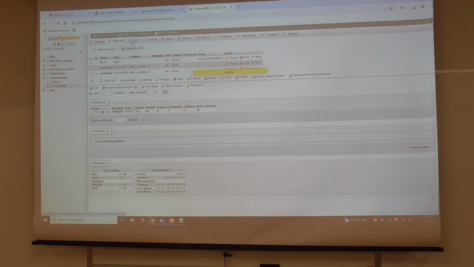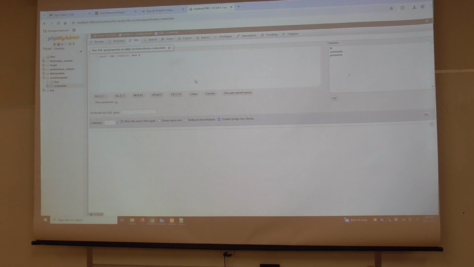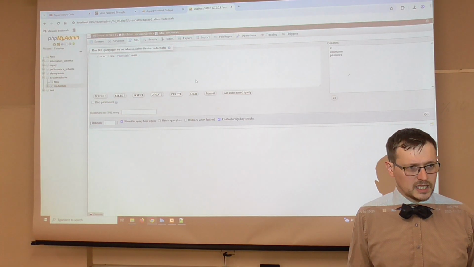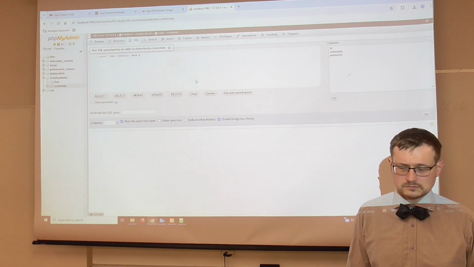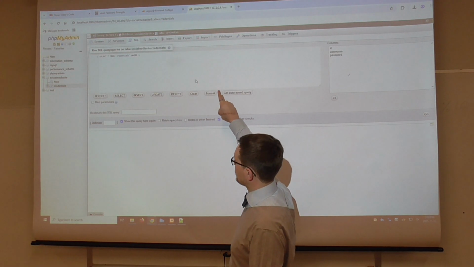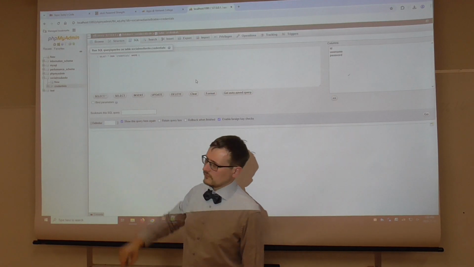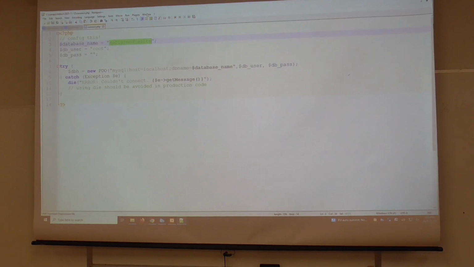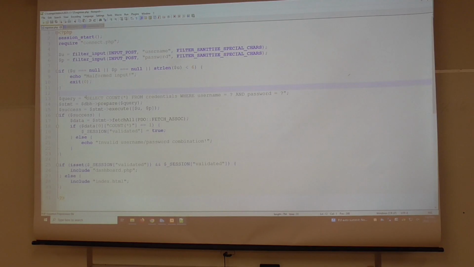So the way that I recommend composing your PHP queries, I don't recommend asking the bloody chatbot. This is the way. phpMyAdmin will generate for you a template for the table that you have. You just have to click on the insert button. Boop. And there you have it. Copy that and paste it into your script.